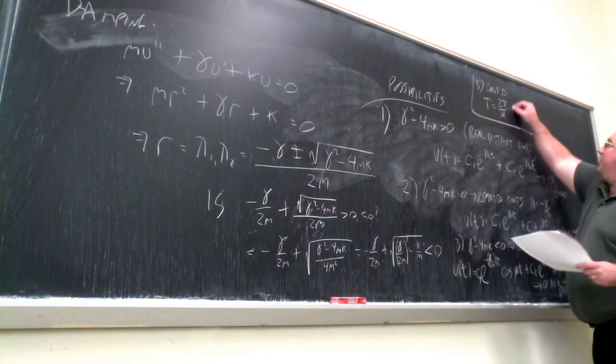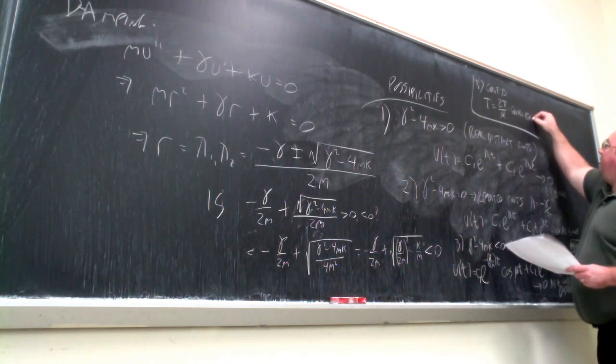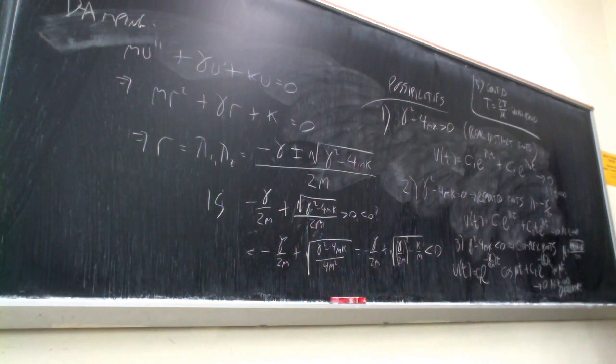That is called the quasi period, because what happens is the object appears to oscillate with that period over time, even though it's not strictly a periodic function per se,